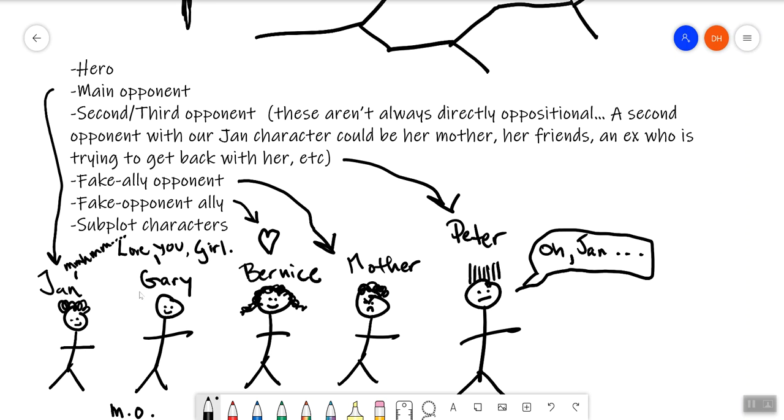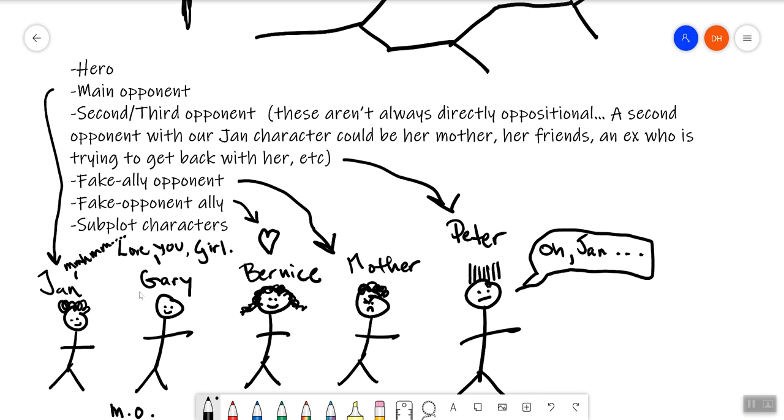The hero has to bounce off of these other characters. The hero has to interact and engage with them. Otherwise, the characters probably should not be in the story. And this is actually kind of a later development that you'll see in the drafting of your own stories, but you might have a character in there that you realize later is completely pointless. Like you don't need her or you don't need him.